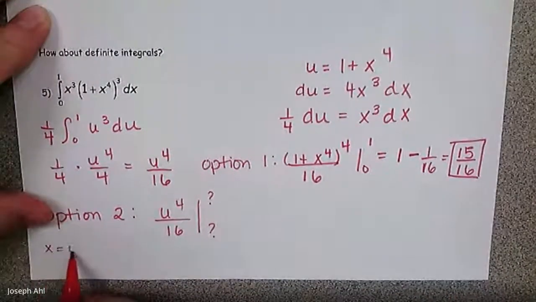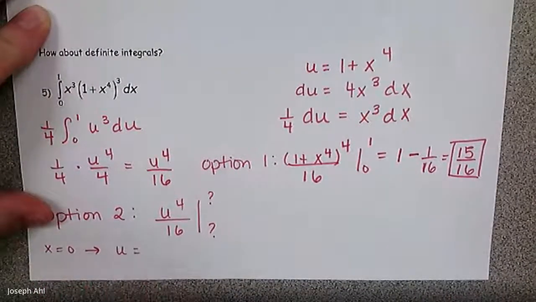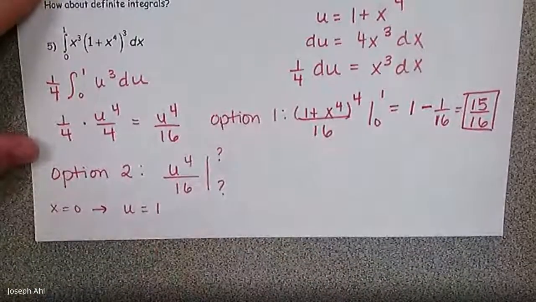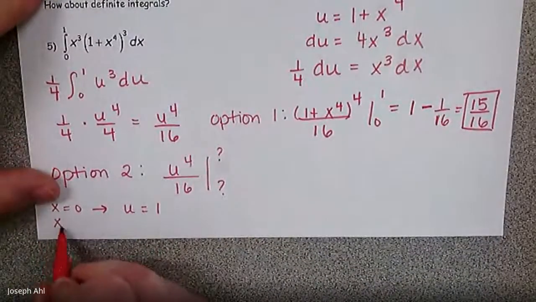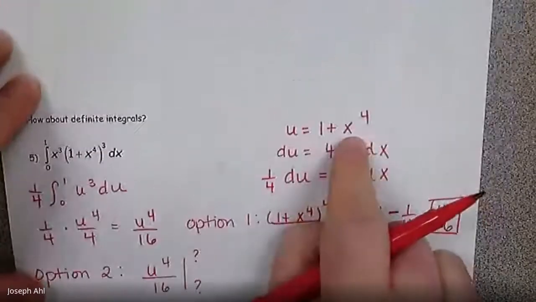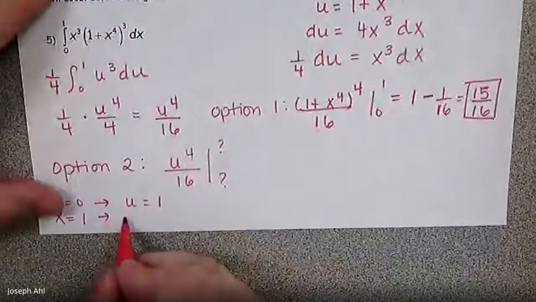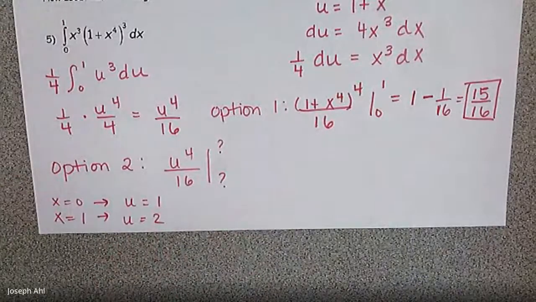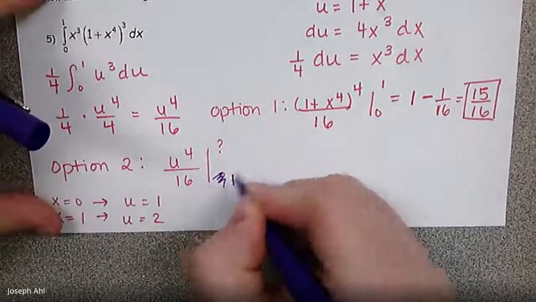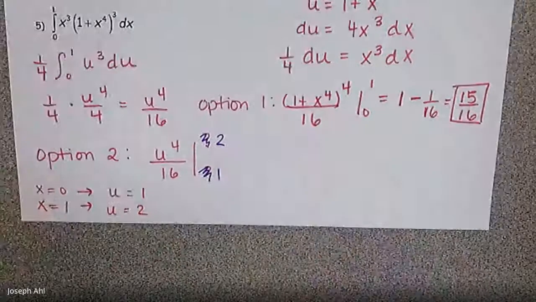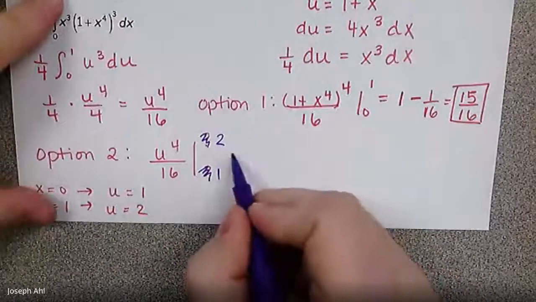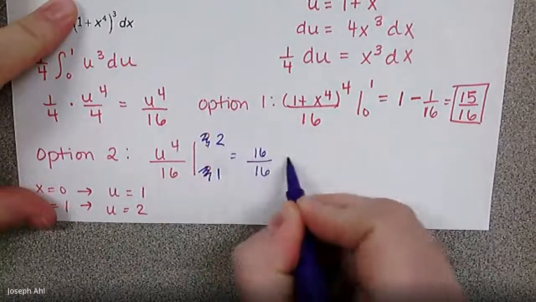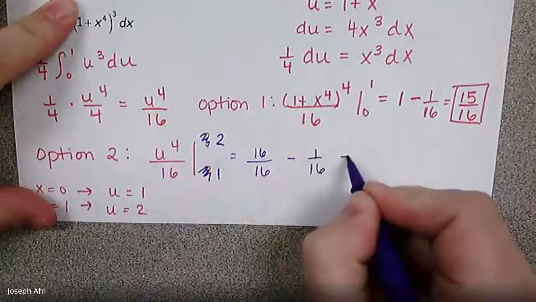So when x equals 0, the lower bound, what would u equal? Well, if x is 0, u is 1. And if x equals 1 for my upper bound, then u would be 2. So really quickly, you can establish your new bounds with u and say, okay, now I know what those are. It's from 1 to 2. And I should get the same exact answer as if we do 2 to the 4th, which is 16 over 16, minus that would be 1/16, we get a total of